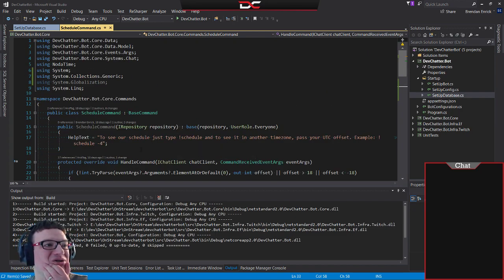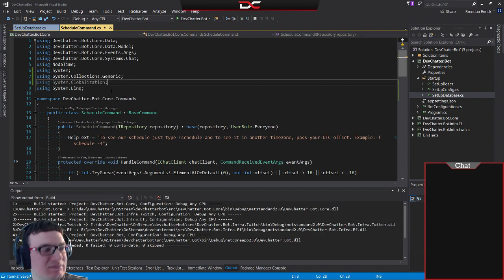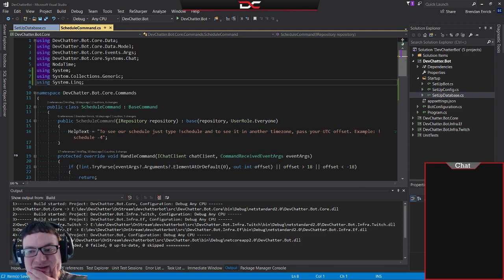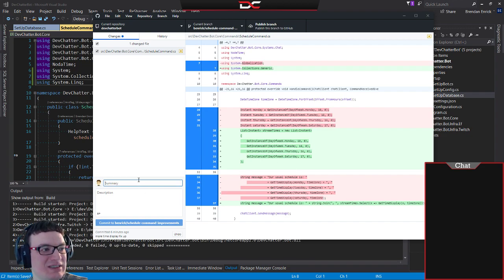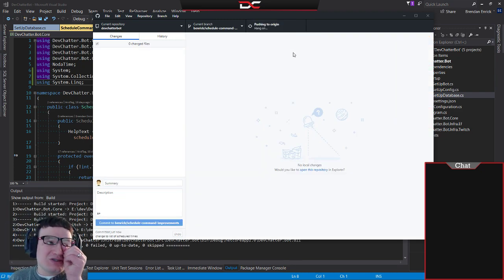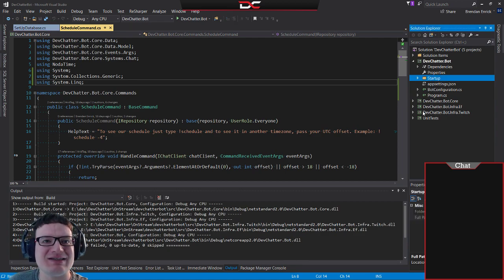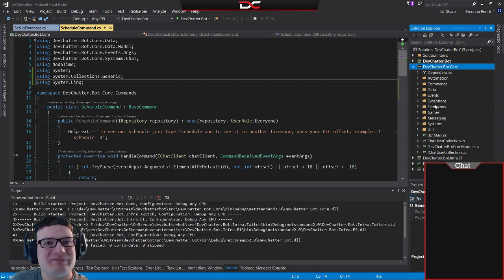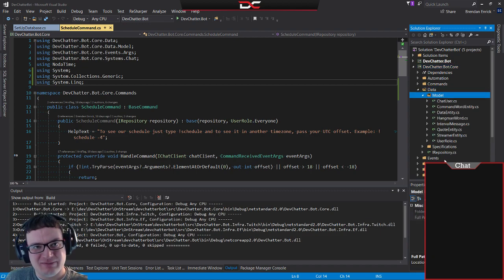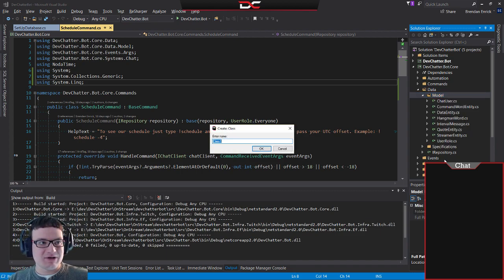Okay, so that should work. So we've got this, so let's check and see, do we have any other things? So this is change to no more hard-coded, change to list of scheduled times. Okay, so now we're pretty much ready to push this into the database and not be hard-coded anymore. So here's what we need to do to make this actually work with the database. We need to create a new model object that we're going to store in the database. So in order to do this, I'm going to make a new class, and we are going to